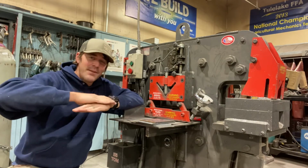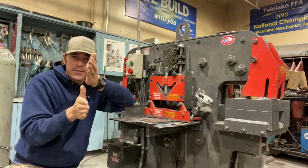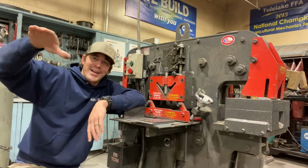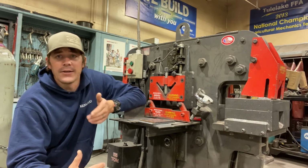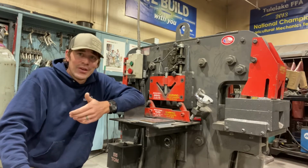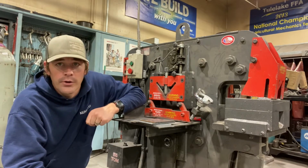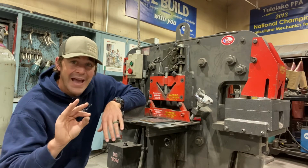When you don't hold down that metal, what happens is that metal will actually jump, binding between the two blades of our Ironworker, because it works like a set of scissors. When that metal jumps and binds with the two blades, it will actually round off the blade. So you want to have a sharp blade along that Ironworker. Without that sharp blade, you can't get an effective cut. It makes it more difficult to cut your steel. And worse, the more difficult it is to make a cut, the more stress it has on that machine and the hydraulics, doing damage to your Ironworker. So to prevent damage to your blade and to your Ironworker and to extend the life of your blade,